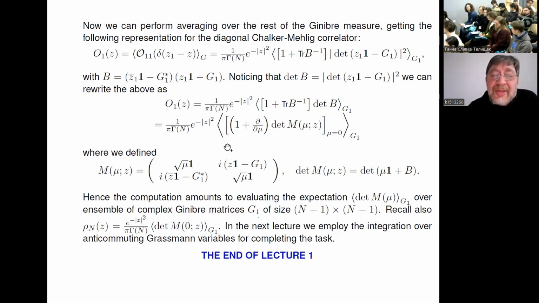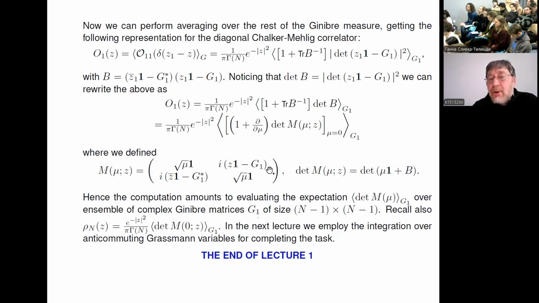This will be the method which allows us to compute averages of this type very efficiently, namely the determinant of this block matrix M will be expressed in terms of a Gaussian integral over Grassmann variables, where in the exponential we will have quadratic forms in Grassmann variables built on these blocks of matrix G1,